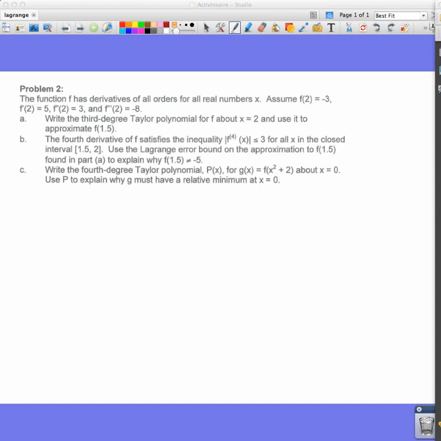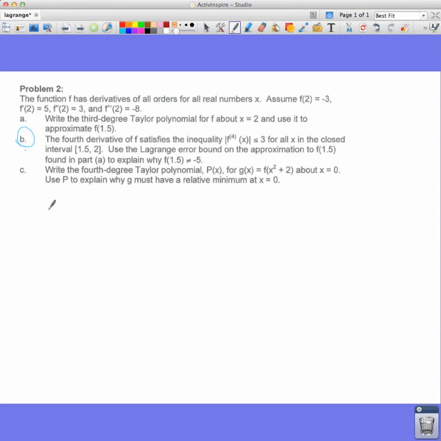Okay, so let's take a look at this problem here, because that's the last thing I want to show you guys, which is about Lagrange error bound, or any sort of error. Anytime I'm looking for error, I'm looking for one more term beyond what the polynomial is that I've written. So for example, in part A, you wrote the polynomial, your third degree polynomial,